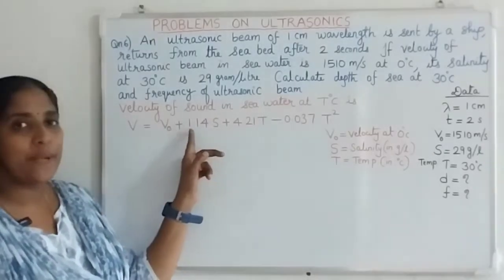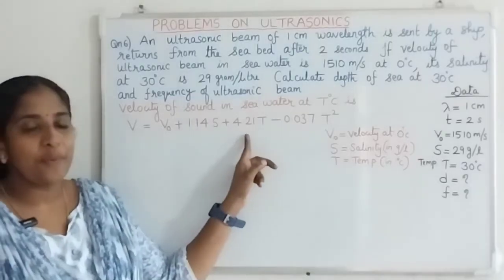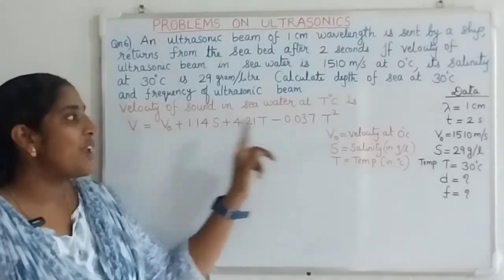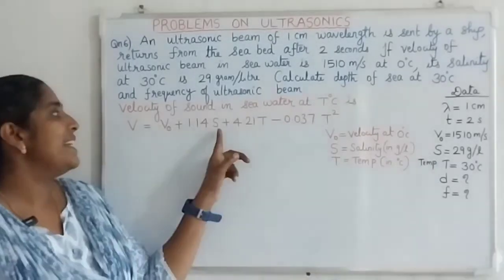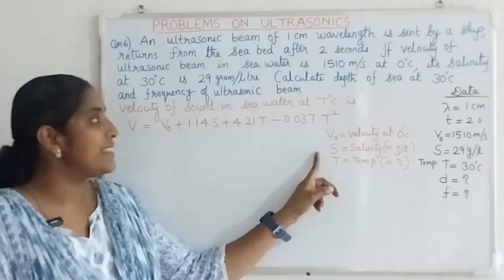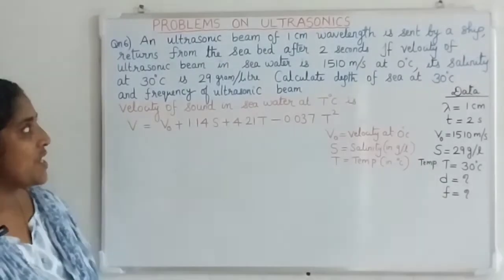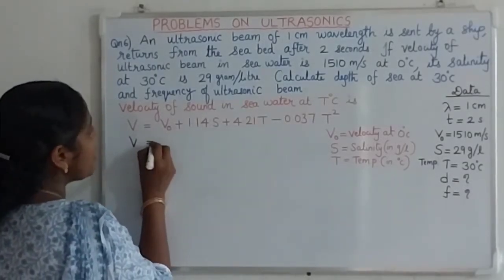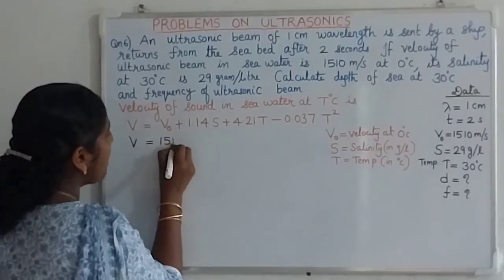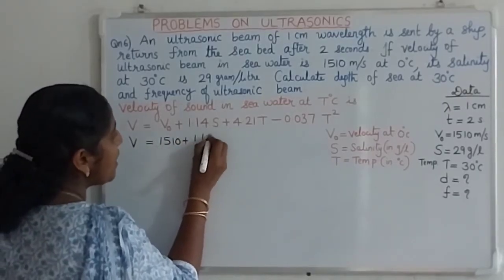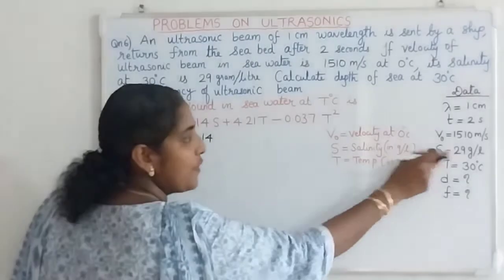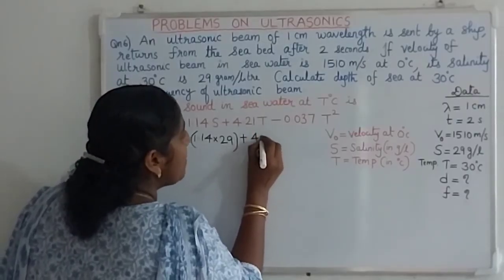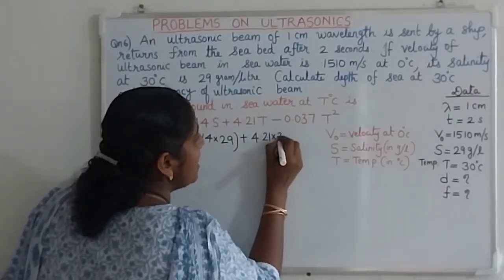That is V equal to V0 plus 1.14s plus 4.21t minus 0.037t square, where V0 is the velocity at 0 degree Celsius, S is the salinity in gram per liter, and t is the temperature in degree Celsius. So what will be the velocity at 30 degrees Celsius? V is equal to V0, that is 1510, plus 1.14 times the salinity in gram per liter, that is 29, plus 4.21 into the temperature in degrees Celsius, that is 30,